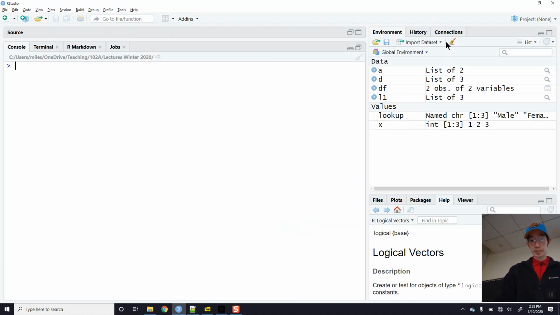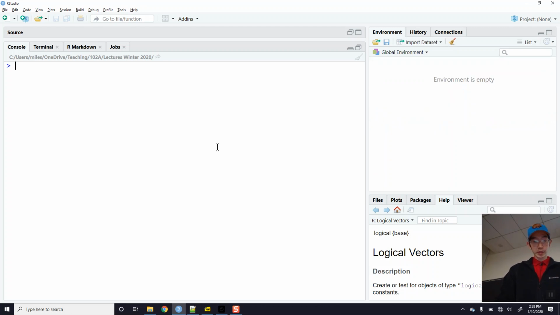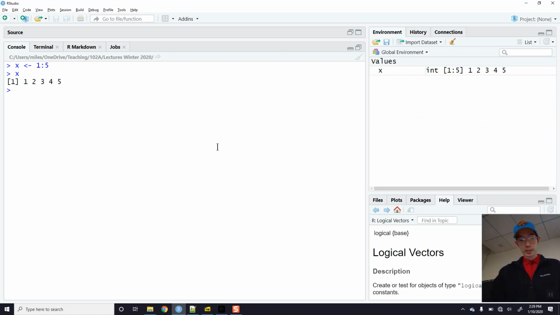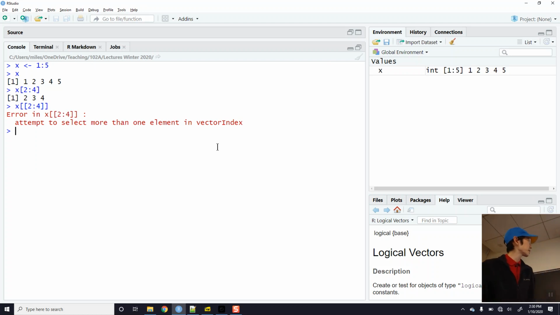Okay, let's do another thing here. I guess this is another difference. Here's x, and I can say, give me 2 through 4. What will happen if I do this? Atomic vector, I'm using double square brackets, 2, 4. Will this work? Will this throw an error? What do you guys think? Throw an error. Indeed, it tells us that